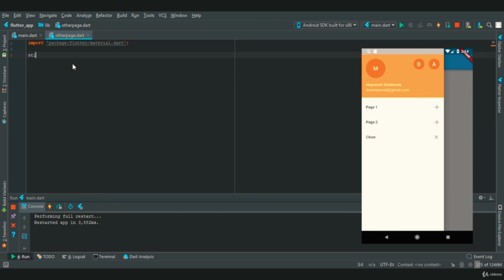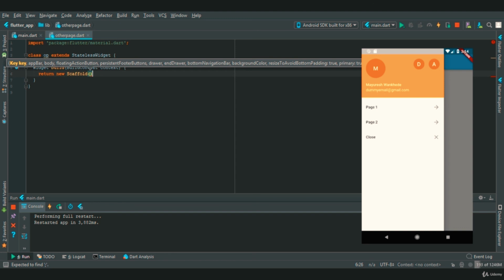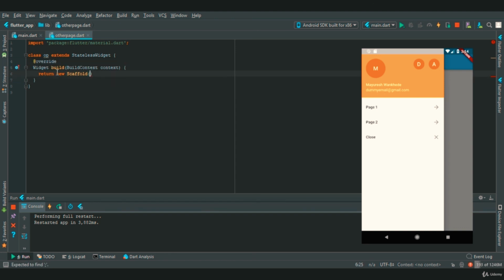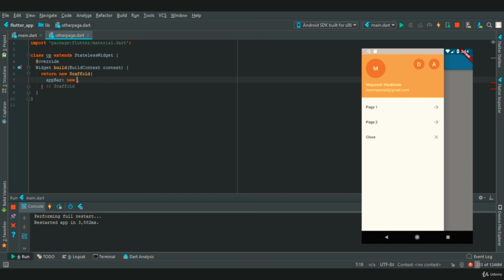So stl, and let's provide a class name as OP. Where it says return new container, we are going to create a scaffold that will consist of body and app bar, and we will provide a title in app bar, text, and let's say app bar for right now.